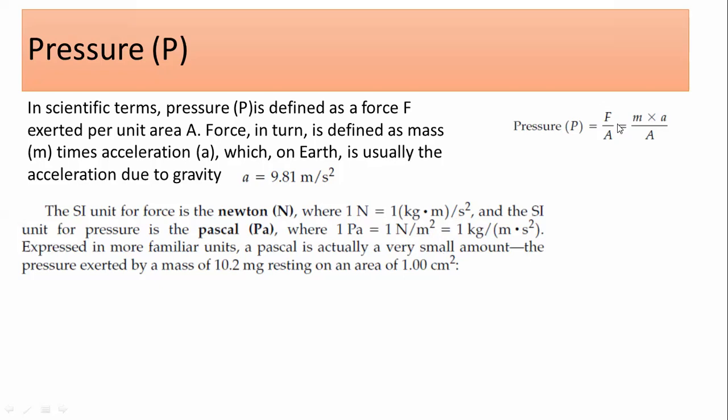So 1 unit is the Newton per meter square, because the area you can represent with the meter or with the centimeter. In SI unit we use the meter, so that's why this is the meter square. So the pressure would be Newton per meter square, but here the Newton is 1 kilogram meter per second square. So when you put the kilogram meter per second square divided by the meter square, 1 meter is cancelled out, so there is only 1 meter in the denominator. So pressure is actually kilogram per meter per second square.